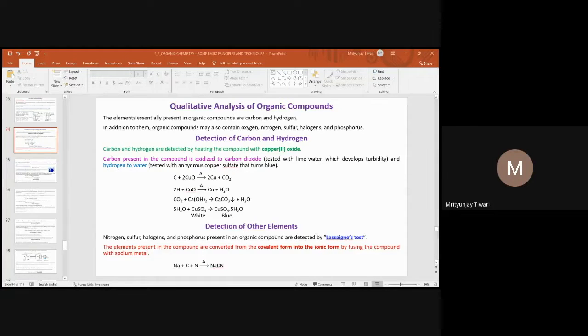and this potassium hydroxide will absorb the carbon dioxide formed during the combustion of the organic compound. The carbon dioxide will form K2CO3, and by measuring how much the mass of this KOH solution has increased, one can understand what amount of carbon dioxide is absorbed here. From the amounts of carbon dioxide and water, one can find out the percentage of carbon and percentage of hydrogen present in the organic compound,